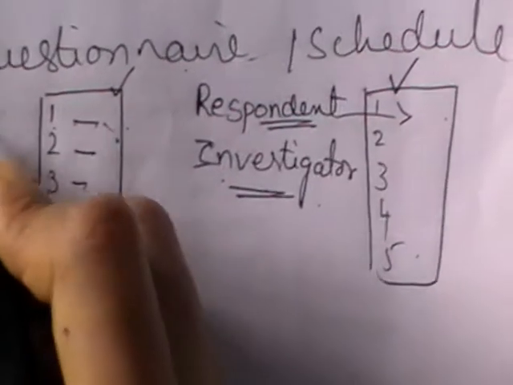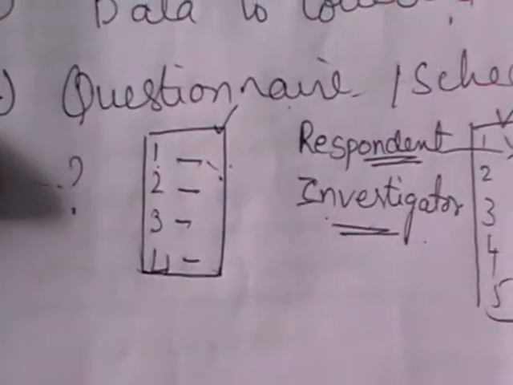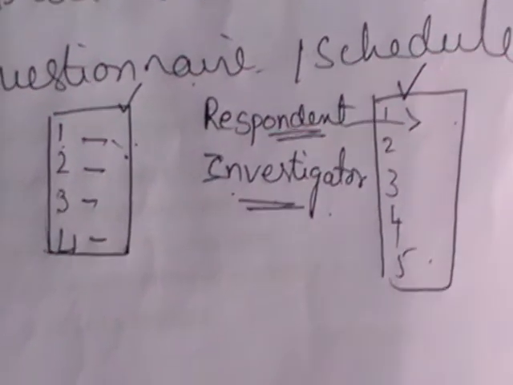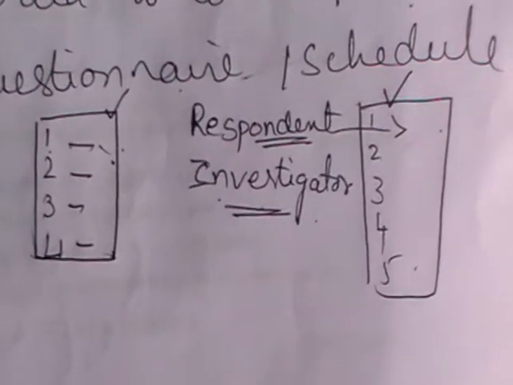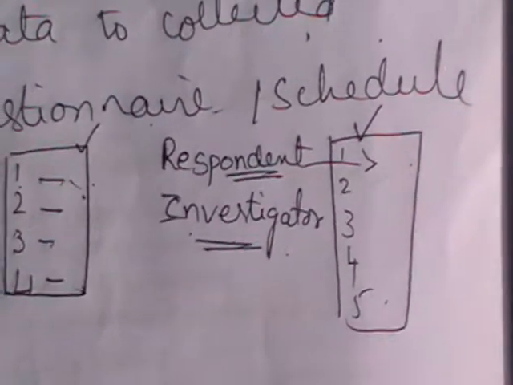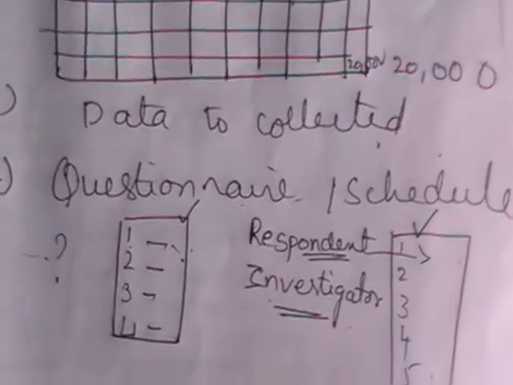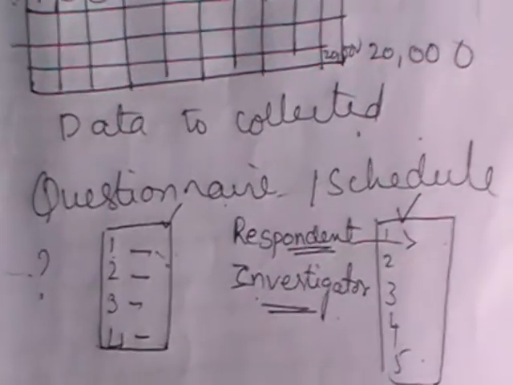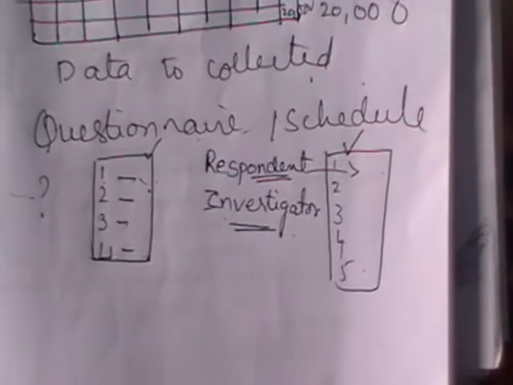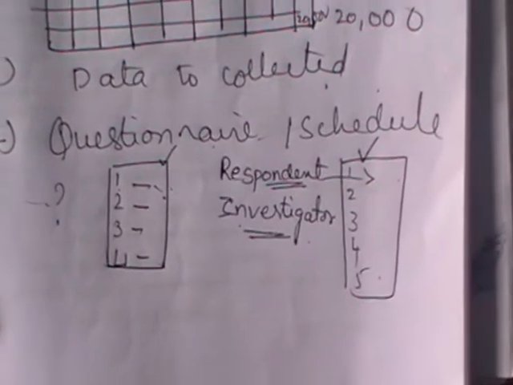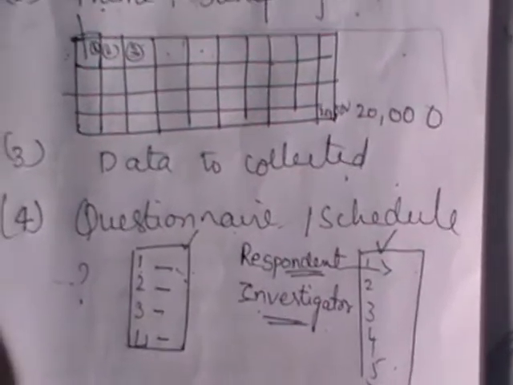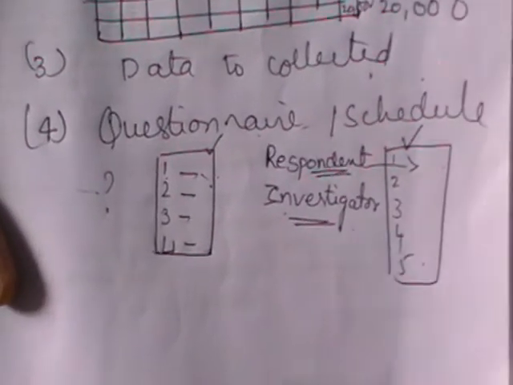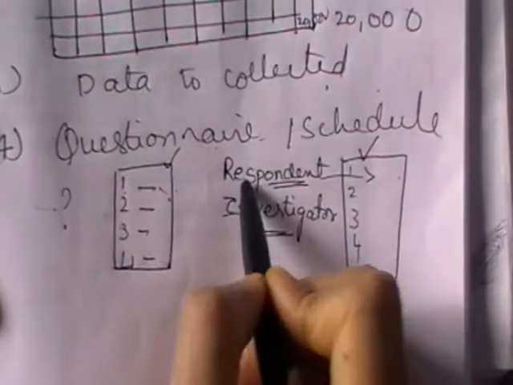Now let us see what a good questionnaire is. A questionnaire or a schedule is a list of questions related to a particular survey which gives you the relevant data. You should keep in mind that the questionnaire should not have too large a number of questions, it should avoid getting personal information, and it should not have too many options. Let us say I have framed 15 questions and the first question has 8 options. If there are many options, the respondent may get confused.